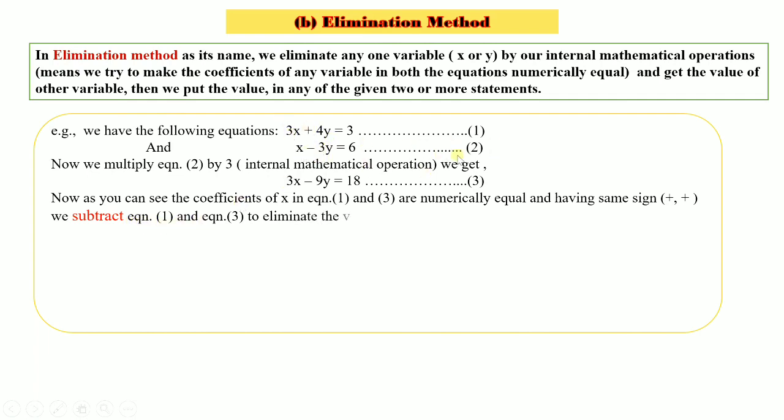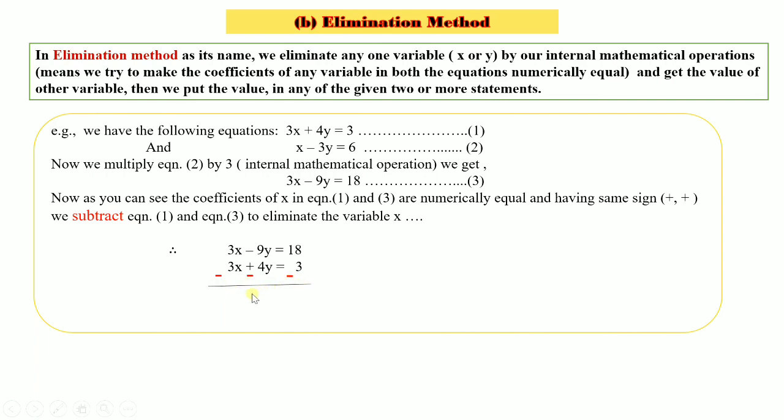Now 2 is meaningless in this case because 2 has now become 3. So 1 and 3, to eliminate the variable x. So how are we writing? First of all, you can write either equation, 3 or first. So 3x minus 9y is equal to 18 and 3x plus 4y is equal to 3. Since we are subtracting, we will change the sign of the next equation, which we have written here at the bottom. It was plus, so we change it into minus. Next it was plus, so it is again minus. It was also plus, so it is minus now.